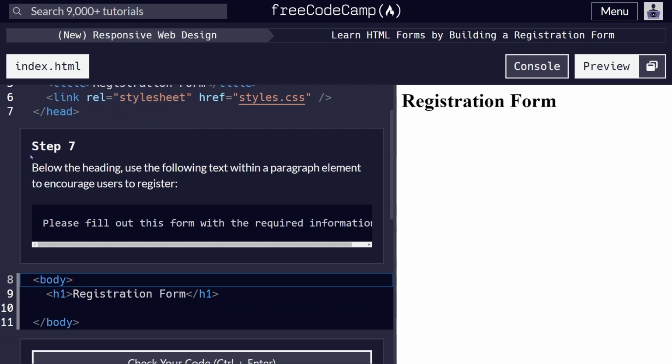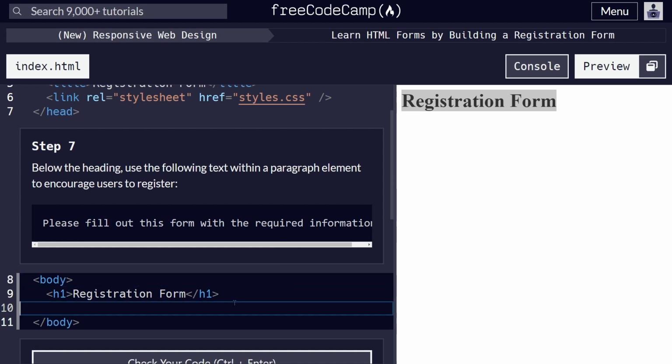Step 7. Below the heading, use the following text within the paragraph element to encourage users to register. Please fill out this form with the required information. 在这个大标下面放这个一个段落。OK，来了。P